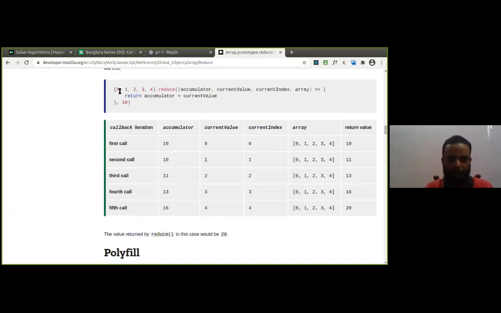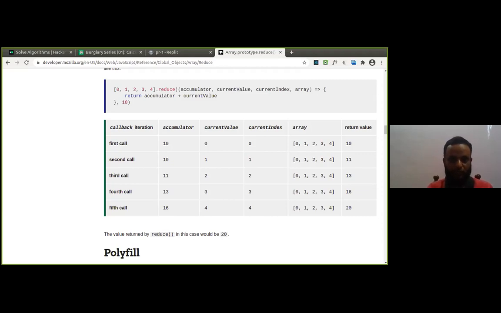Now, everyone just look at the reduce function, 0, 1, 2, 3, 4. When we are calling the function the first time, we have the accumulator, and we have given here the array. This is the return value. We have given just an a plus b arrow function. You can see 10 is the initial value. If you are not giving anything, it will take 0 by default. After the comma, we are giving the initial value of the accumulator. You can see here when you are calling the first time it is 10. Current value is 0. This is taken from the array, isn't it? Then it is applied onto this one. Current index is 0.